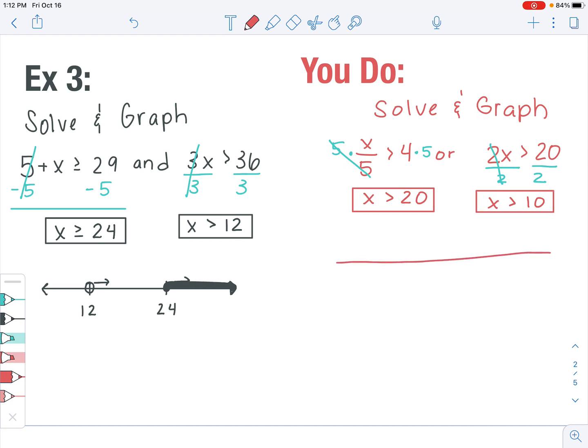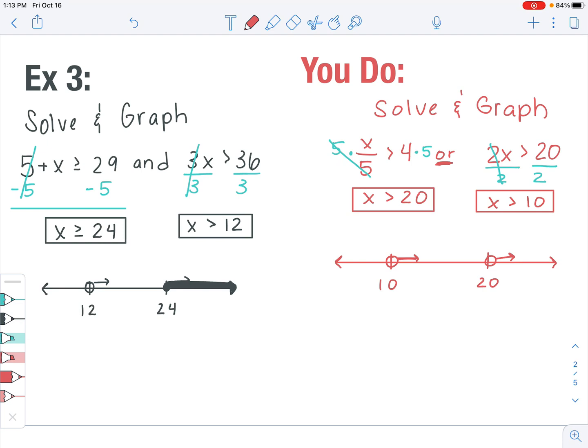So now I have to graph it. I'm going to put my 10 down and my 20. They both get open circles. And then I'm looking, okay, I need numbers greater than 10, so I'm going to the right, and I need numbers greater than 20. But because this is an OR problem,